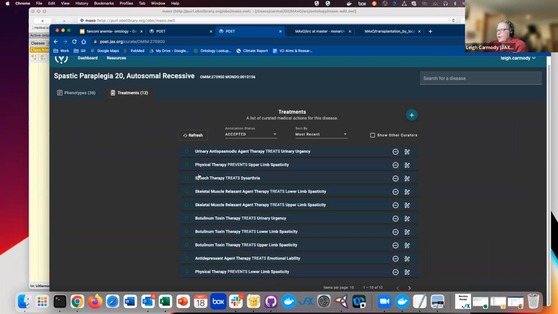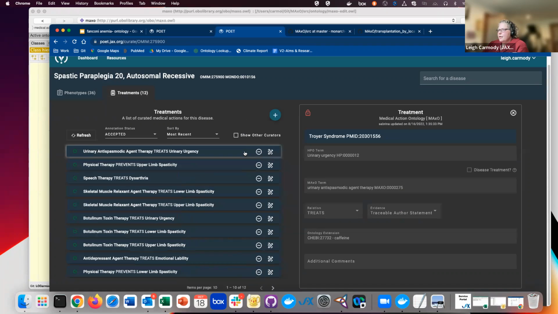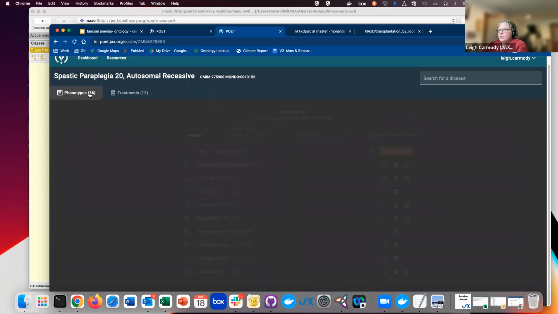And these are the different ones that have been added. So you can see for urinary urgency, there are different medications that can be added. So here is the PubMed article that referenced that. And this is a treatment. You can, I believe, maybe I'll go back here and try to add,